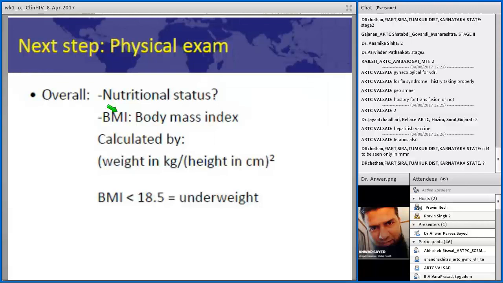It is not only about the clinical diagnosis, but also about the social status. If there are some addictions, if the person is a drug injector, if there is a history of multiple sex partners or high risk behaviors, if the patient is alcoholic, all those things can come in the assessment. With the assessment you can make a list, which is called a problem list.